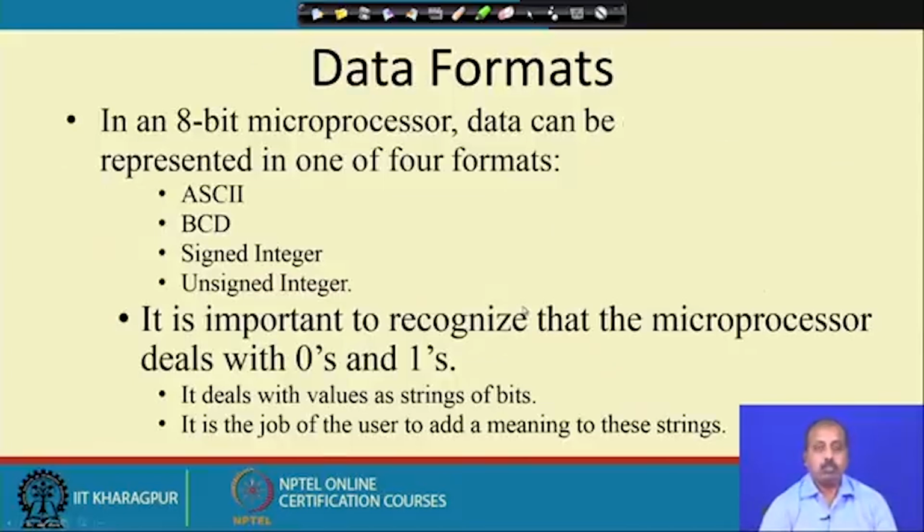Data formats. In an 8-bit microprocessor, we can represent data in different formats, like the ASCII format. Anything that we are talking about is nothing but a character. So, each character can be coded into an ASCII code. There are standard ASCII codes available, and ASCII codes are 7-bit or 8-bit wide. So, that can be used for storing and representing the data,